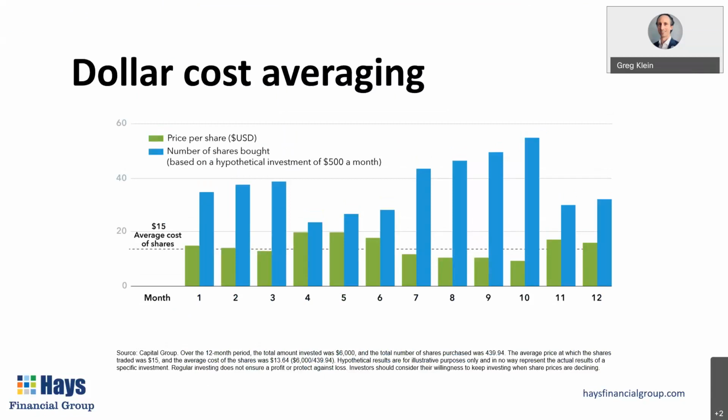And when you do that, that's called dollar cost averaging, because you'll make your deposit, and whatever the price of your investments are on that day that the deposit goes in from that pay period, that's the green bars on this chart. If those green bars are lower, that means the price is low. And that, as a result, makes that blue bar higher. And that means as prices are lower, you'll buy more shares. You're always making the same deposit and just buying whatever you can. If the price is low, you'll buy more. If the price is high, you'll buy less. And you adjust, and that actually helps your performance as well over time.